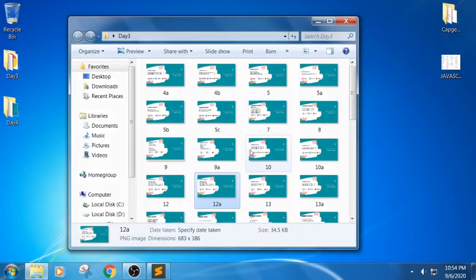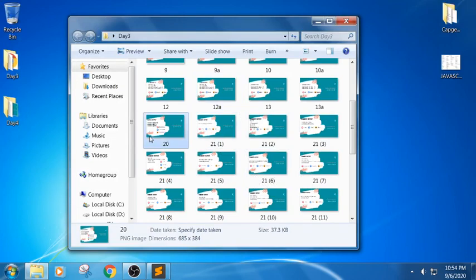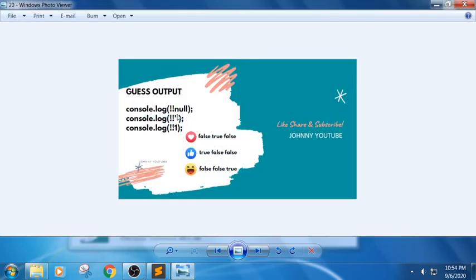20th question. So we have a number of questions to discuss. The first one, not of null. What would be the value of this? It will be true. Again, not of true would be false. Empty space would be false. Again, not of false would be true. Again, it will return false.